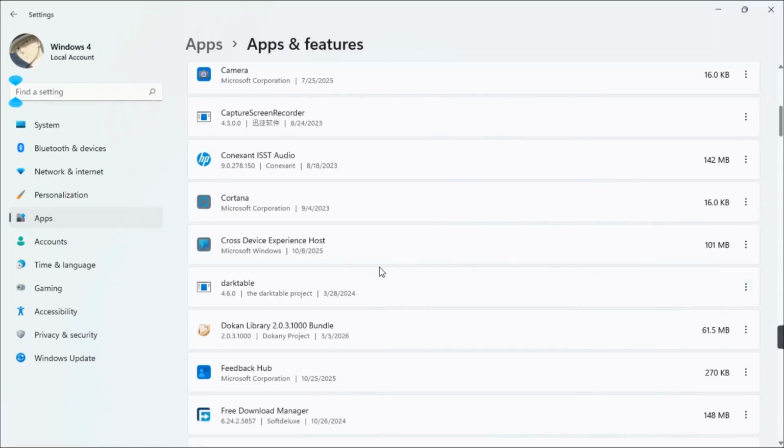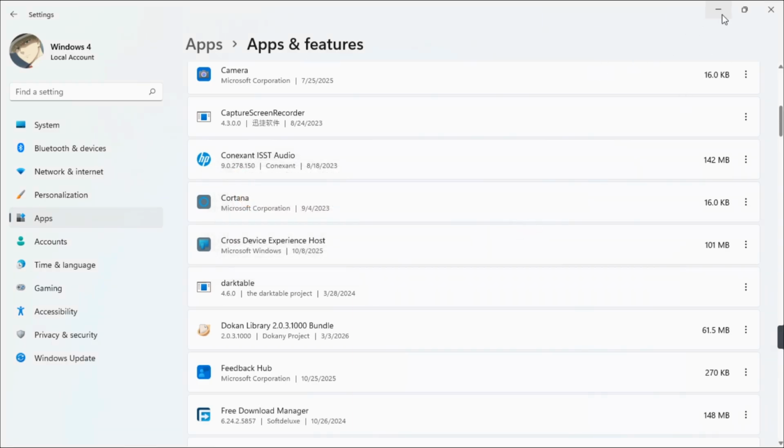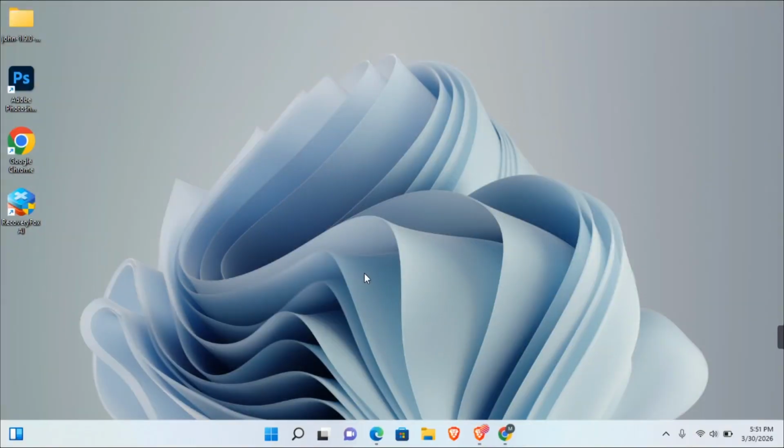You know that feeling when you try to uninstall a program and Windows just refuses. You click on uninstall, nothing happens. Or even worse, you get an error message and the app is still right there, taking up space. I've been there, and today I'm going to show you exactly how you can force remove any stubborn program